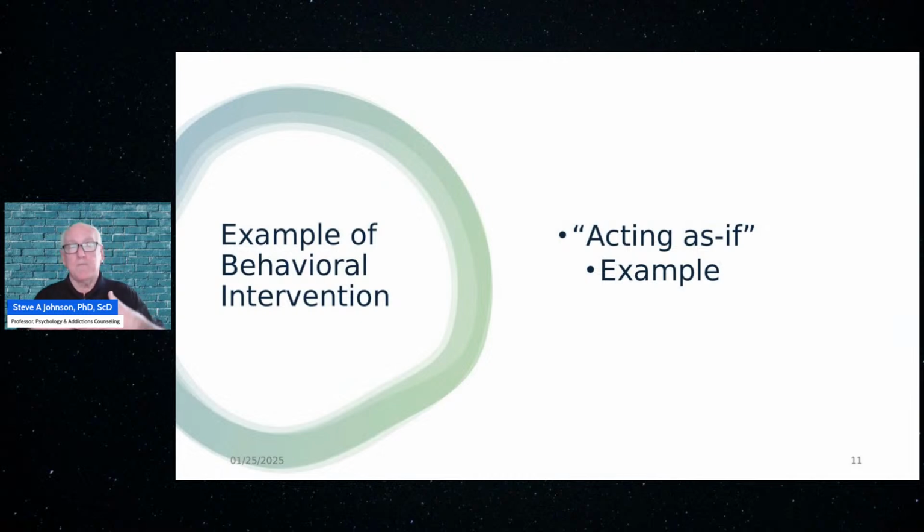And so, but it needs to be very specific, acting as if. Some people say, well, aren't you asking them to believe that they're somebody else? No, every one of these guys knew that they were not Ryan Gosling. There's no problem with this. They're acting as if in this situation to give what we would call behavioral momentum to move in a different direction than they tend to do, which would be avoidance. The treatment for anxiety is to move beyond the avoidance. So we would often call that exposure therapy. This would be a form of exposure.